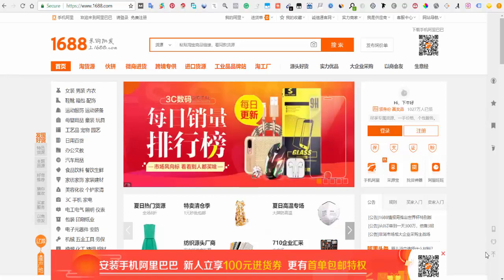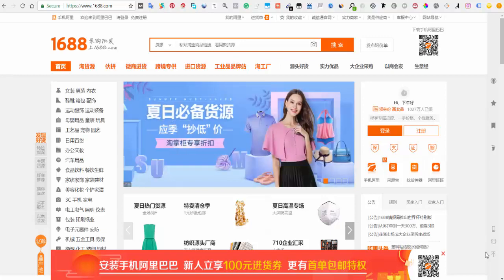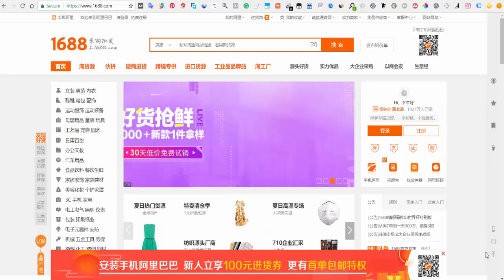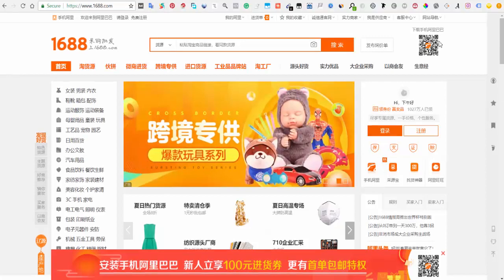Hello guys, so let's look at how you can use 1688 and any other site that is written in Chinese or any other language that you love to translate. So the first thing you want to do is make sure you are using Google Chrome browser. Right, in case you don't have the browser, all you need to do is go to your browser and type